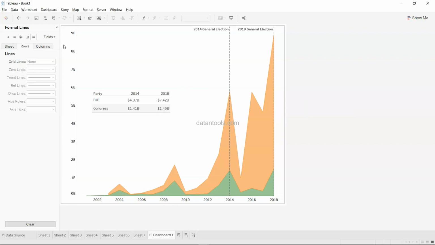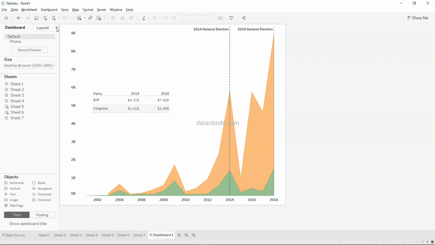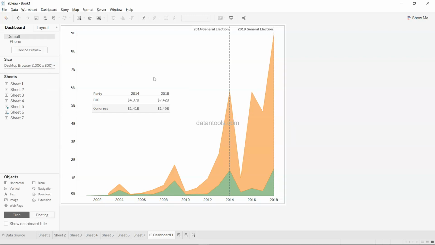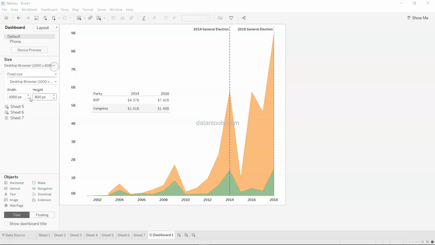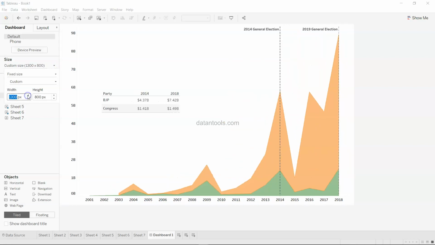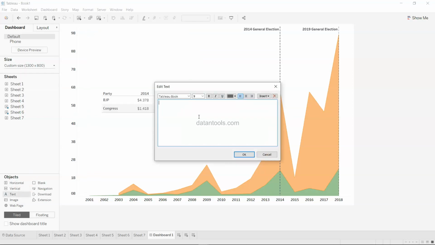So maybe what we want next is some information as to what this chart is all about, some textual information. So what we do is, first I will just increase the width a little bit, to have some space, and then I will press my shift key and bring the text information over here and say in capitals, donations received by 2 major political parties in India, and then we will have BJP and